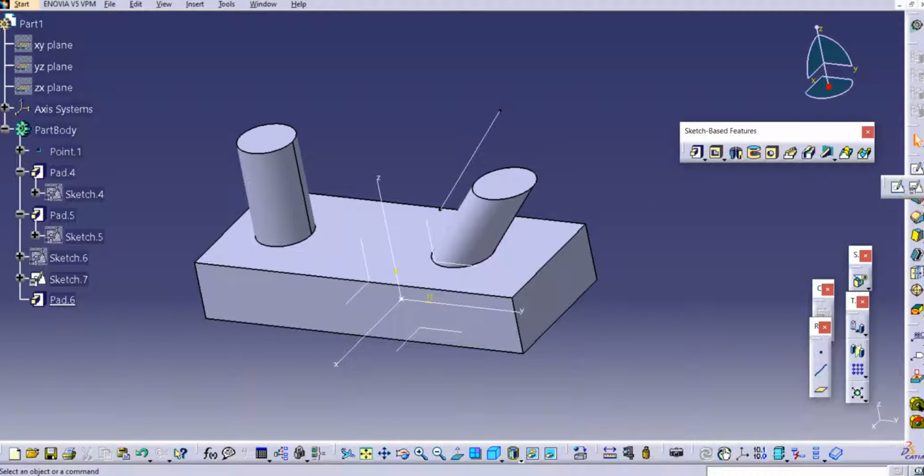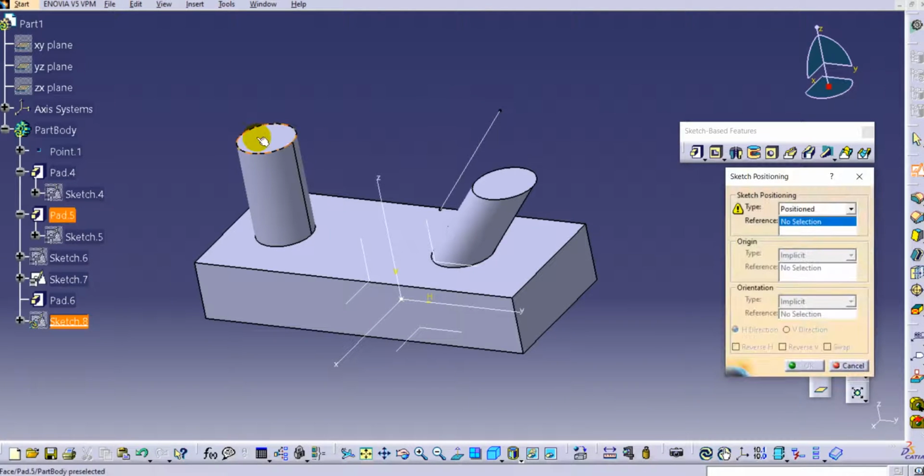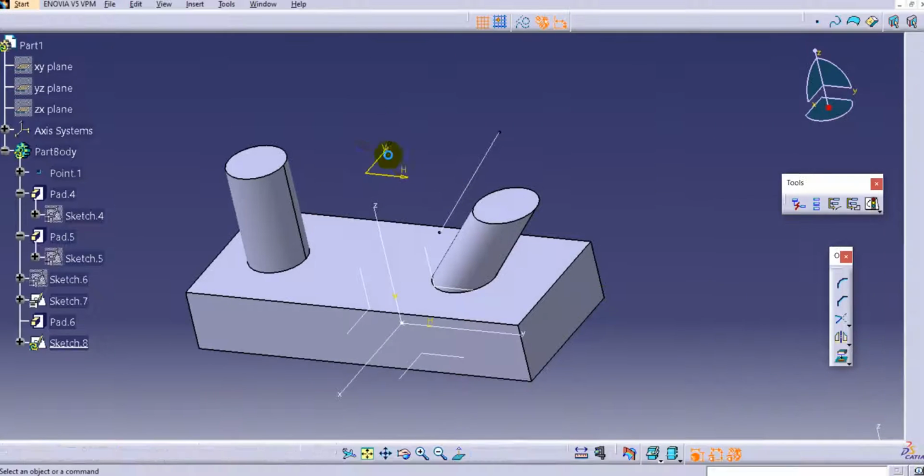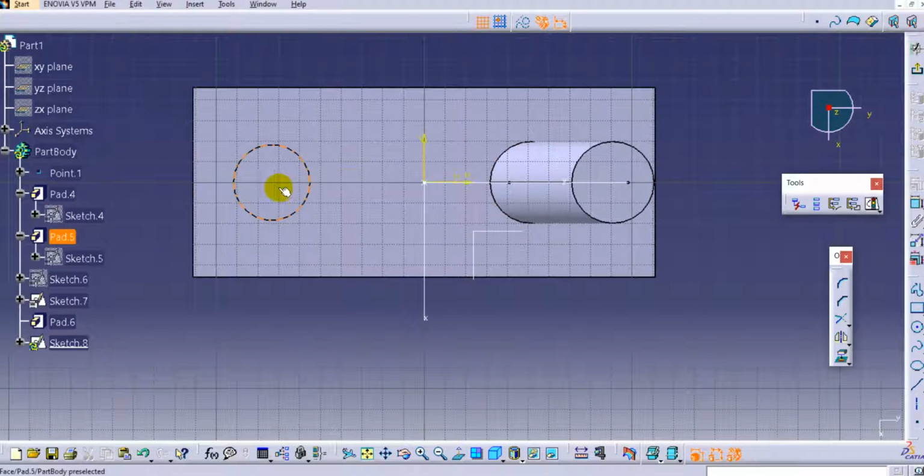I will choose the sketch position. Just select the position sketch and select the face where you want to create that profile. Make this reverse and swap it and click OK, keeping this as it is.